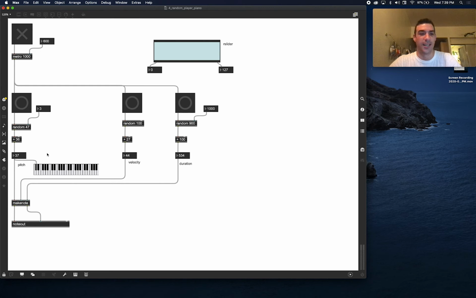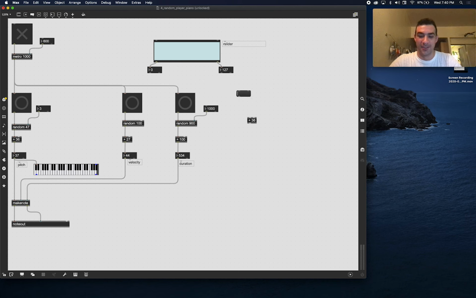So what I need to do is actually fit that through this. If we remember 47 plus 36, oh man, what is that again? Well, we actually don't even need to know that so much. We do need to know at some point, but we know the minimum should be 36. That's this lowest note right here. And then the highest note will be this. And just because my brain is fried right now, I'll just do plus 36